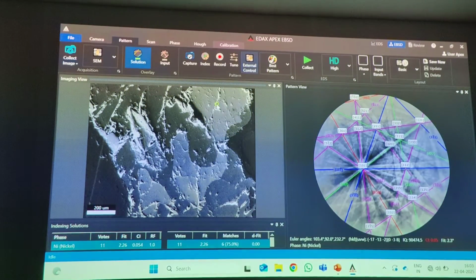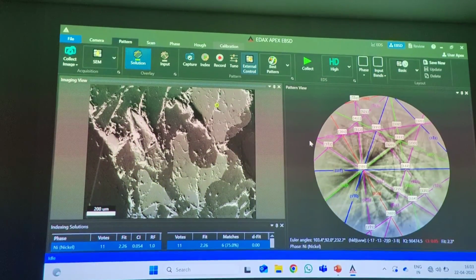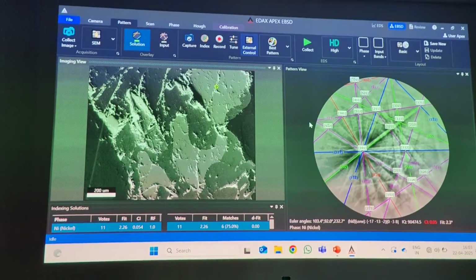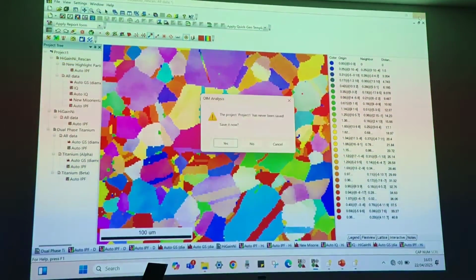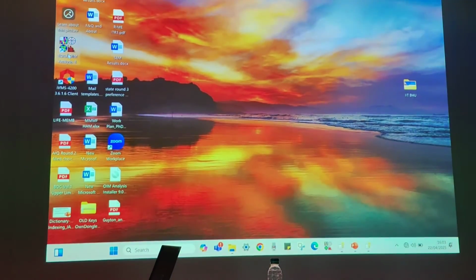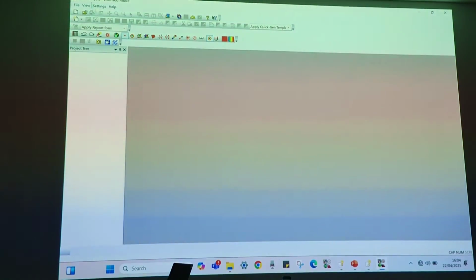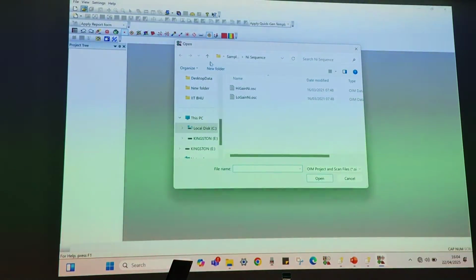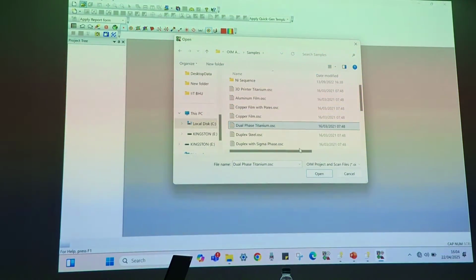So let's assume everything was done here, and now after that you will get output from the EBSD map. I'll show you in the analysis software. Maybe I'll delete everything. I'll start it again. So this is the IDEX OI analysis software. Once you open it, the user interface looks like this. And if you want to open any of the data sets, you can simply open that particular file. In this case, I will probably open one of the 12 phase materials. Let's say the 12 phase titanium file.